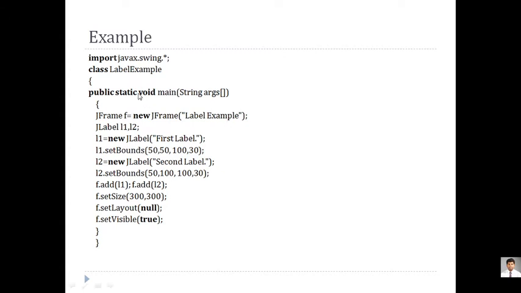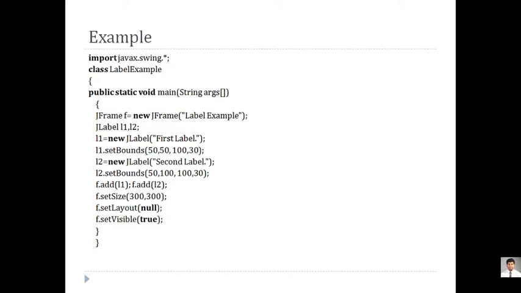For adding a label, we need to import the javax.swing package. The javax.swing package contains the JLabel. I have created a class called LabelExample. Into that I have written a main function. My code is written into my main function, so directly it will start executing. First, I have created the object of JFrame. As we know, that is a container, and components are always added on the container. If the container is not there, components cannot be added. So first we have to create a container class object, and that container class will contain all the components you want to add on your screen.